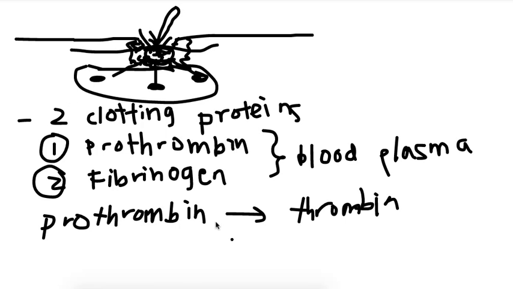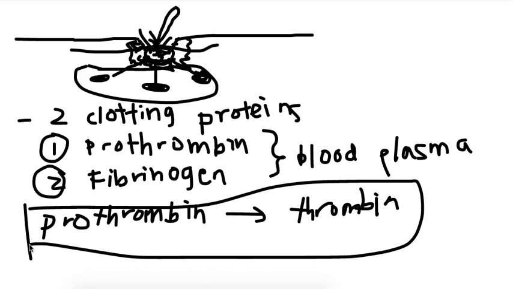In this case we have prothrombin and fibrinogen, and they're always present in the blood plasma. So these platelets, when they aggregate, in addition to some of the damaged cells, they will produce this kind of clotting factor. It can be any kind of clotting factor, and this clotting factor will help this reaction take place. The prothrombin will be converted into thrombin, and that's a very important step in blood clotting. So thrombin